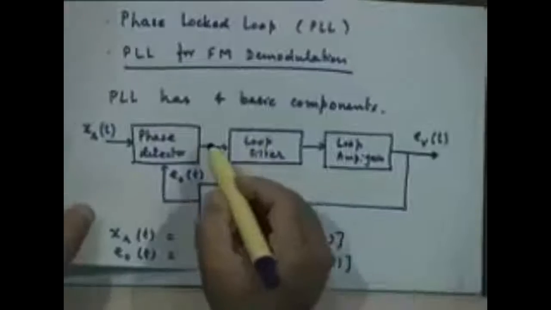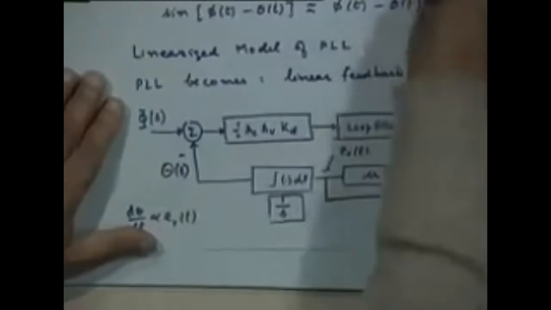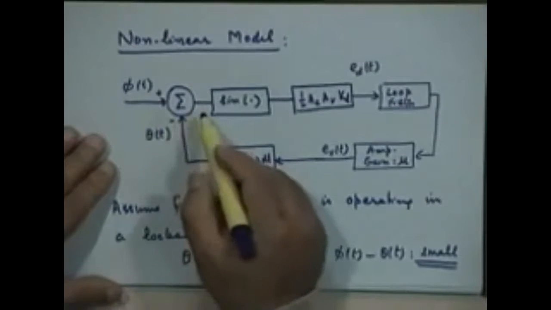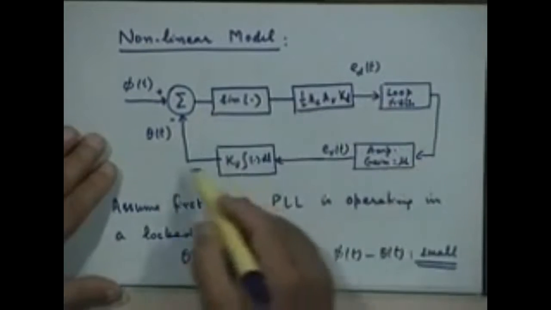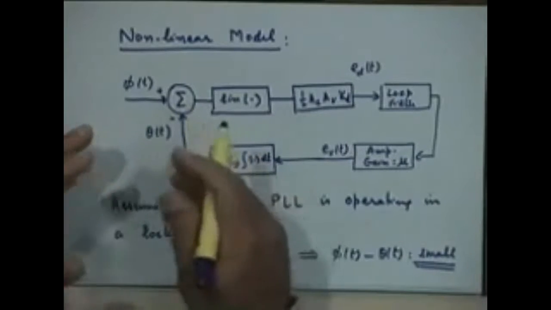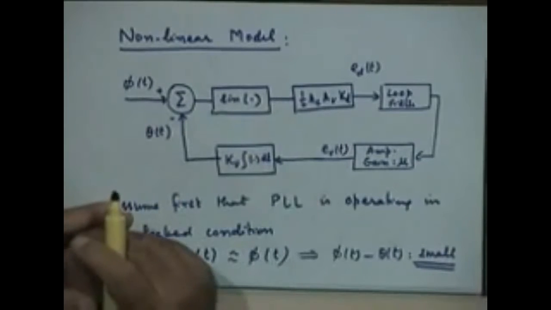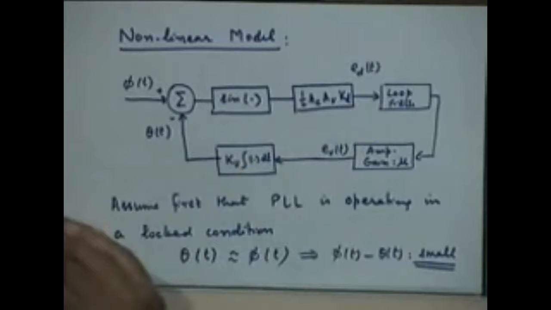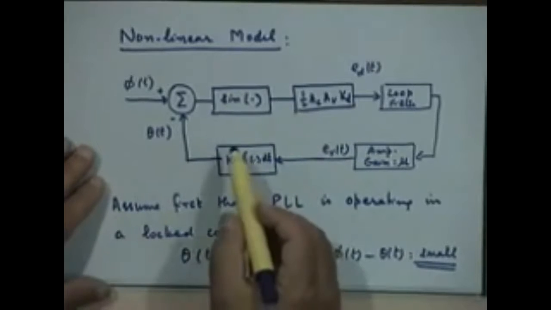We would like to show that whatever instantaneous phase error the loop has, whatever error we have here, I should not be using this diagram, I should be using this diagram. Whatever error we have here at any time will operate in such a manner that it will try to drive itself to 0 or make itself small. The loop will work in such a manner that this error will tend to become small. The loop will tend to be in a lock condition.